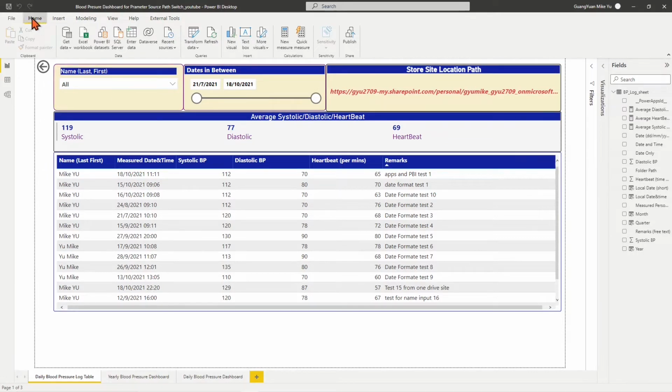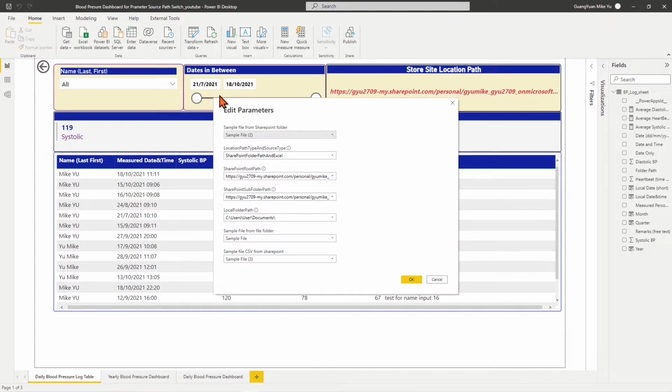First, let's ensure that the Home tab in the top ribbon is chosen. Click the Transform Data tab. In the dialog list, choose Edit Parameters. In the pop-up window, in the drop-down box for Location Path Type and Source Type, ensure that SharePoint folder path and Excel is selected. Then in the drop-down box for SharePoint root path, choose